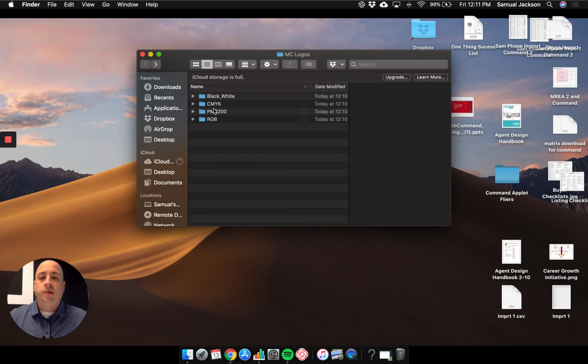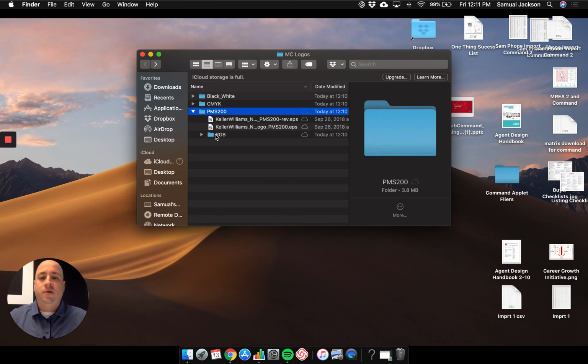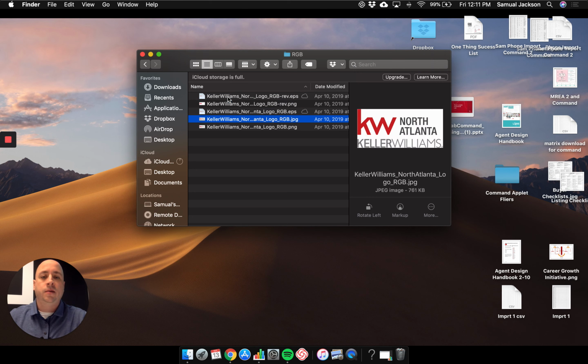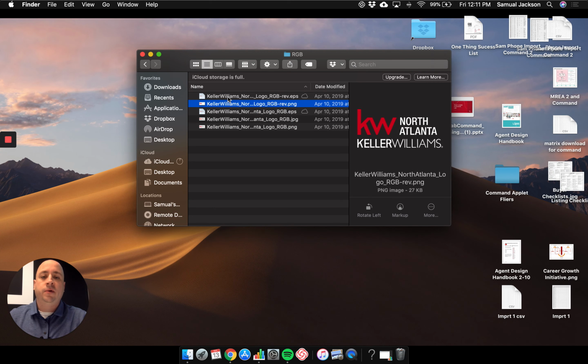And then if I just go back, you'll see the other logos like RGB. Oops, accidentally put that in the wrong folder. RGB, which are the full color awesome ones. So KW North Atlanta. So now that you have those locally saved on your computer,